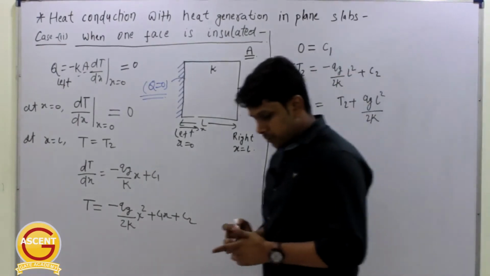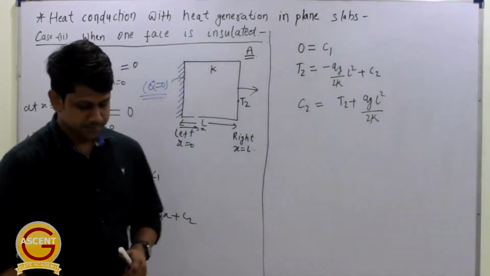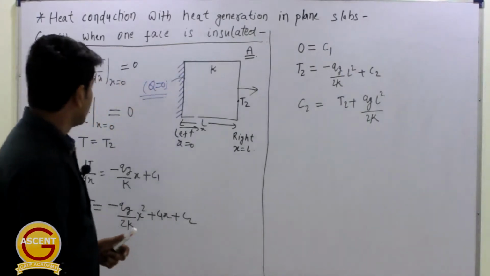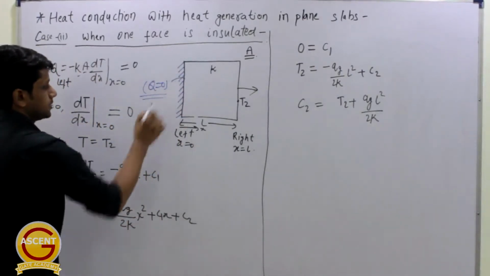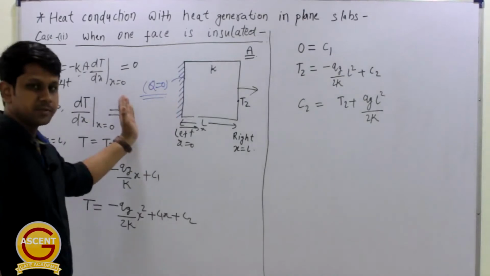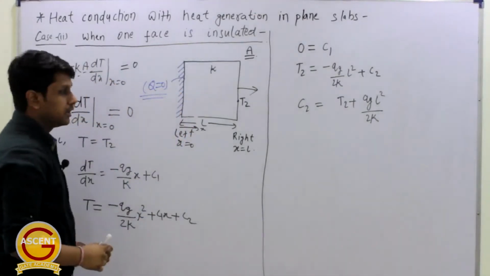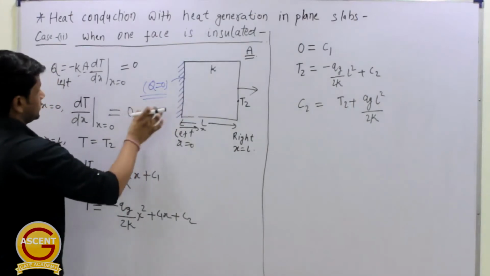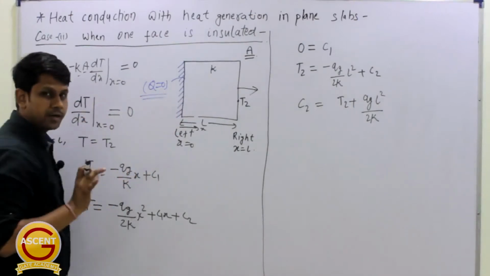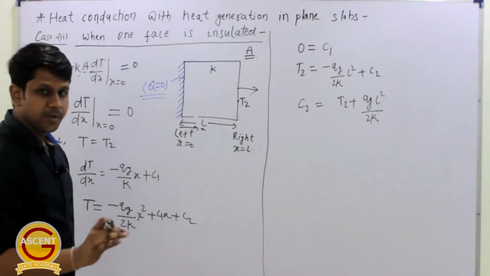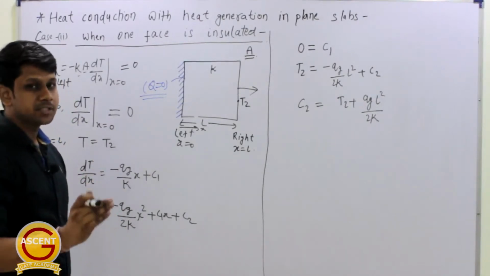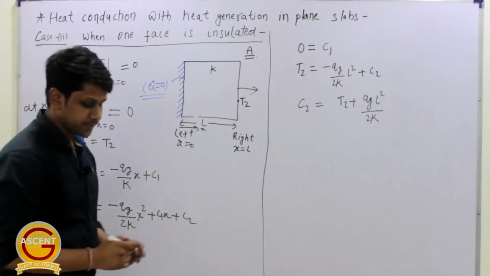And one more important point that we have missed here, see, at this location there is no heat transfer, right? So there will be accumulation of heat, and we know when this dT by dx is 0, which is the slope of the temperature profile, there the temperature must be maximum, right?